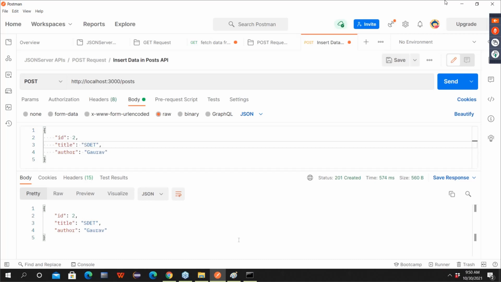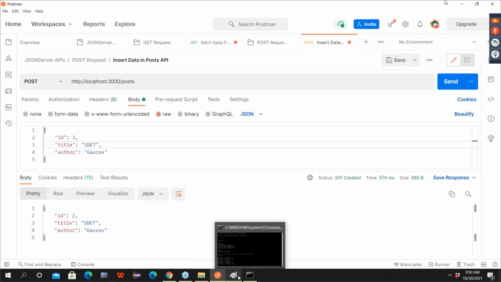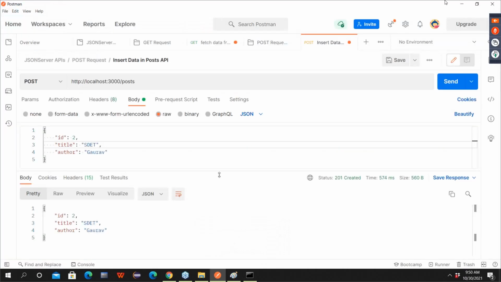So if I resend this request, observe this carefully. Is there a problem in my request? No. HTTP method is correct, API is correct, JSON format is correct, syntax is correct, everything is correct.